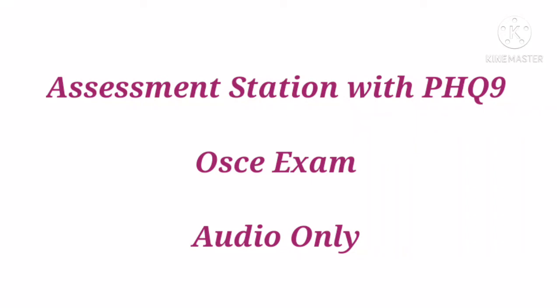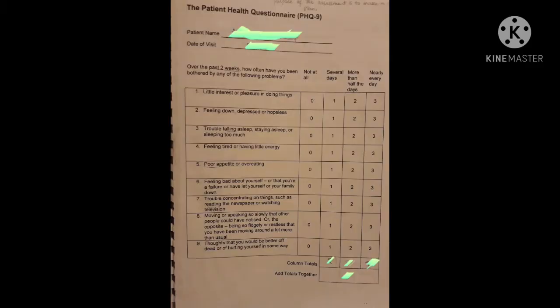So I'm going to talk about today the patient health questionnaire. Some students find it very difficult, and it seems difficult also because there are a lot of questions which you need to ask. But basically you just need to ask the questions about the ones they have selected, three. You will not have too much time in the exam. Remember, you have only 12 minutes for the assessment station, so you're going to ask the questions about only the ones they have selected, number 3. I will be sharing the picture of the PHQ9 just to make it easy for you guys.